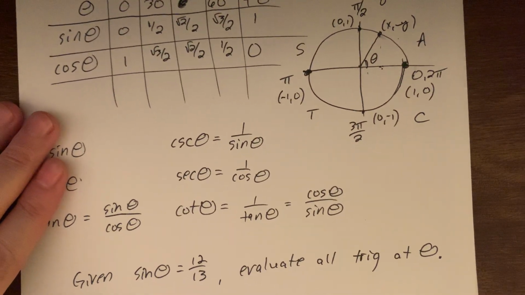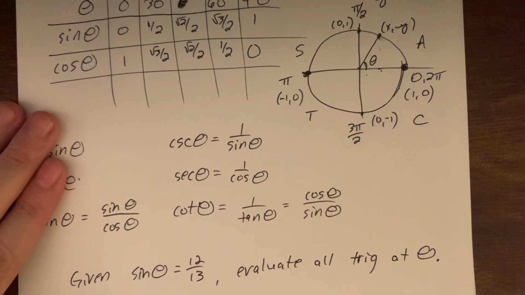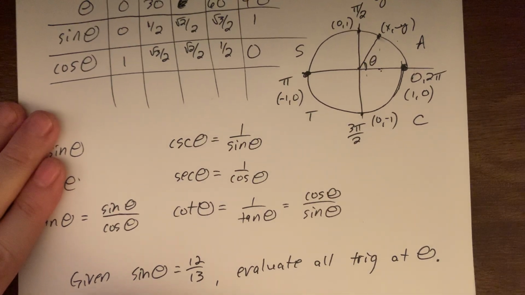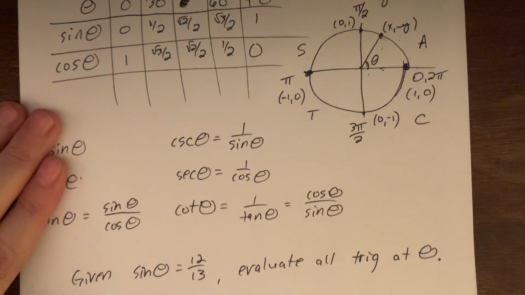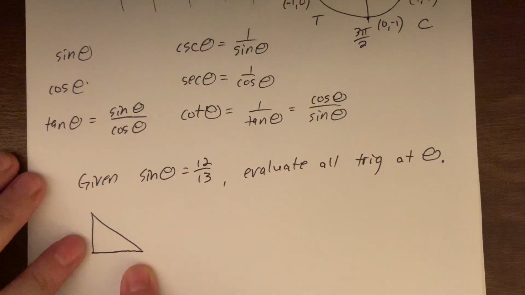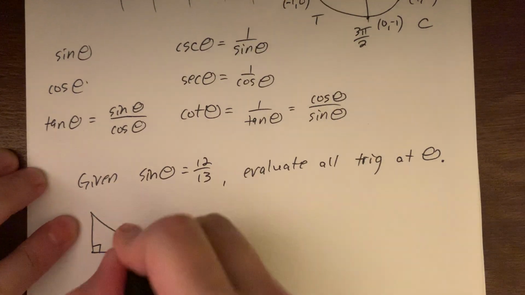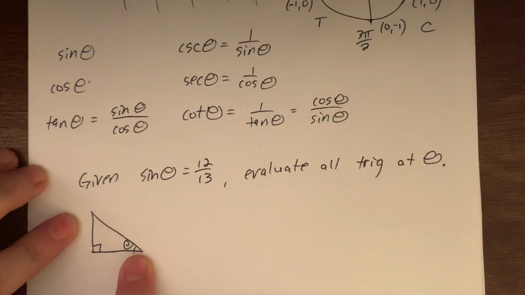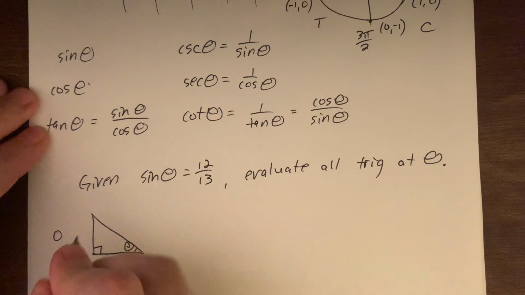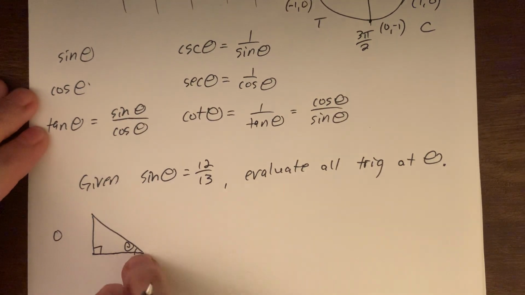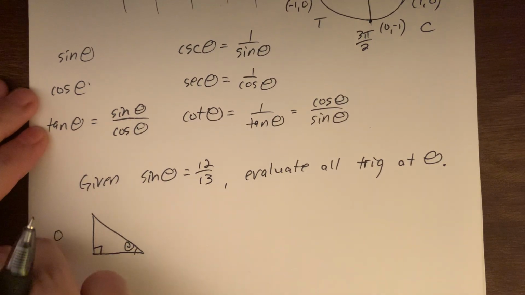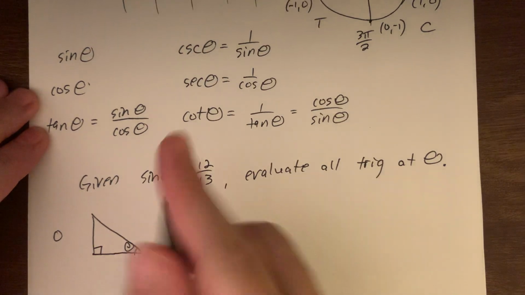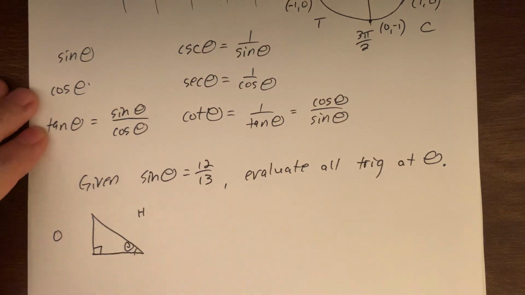And again, don't worry if you don't know the acronym SOHCAHTOA. It's about making a right triangle. I'm just going to arbitrarily make one. I don't care about the size or scale. I'm just drawing this to have a right angle and to put a theta in one of those corners. So from theta's perspective, this is the opposite side, the side directly across from theta. The side directly across from the right angle is our h, our